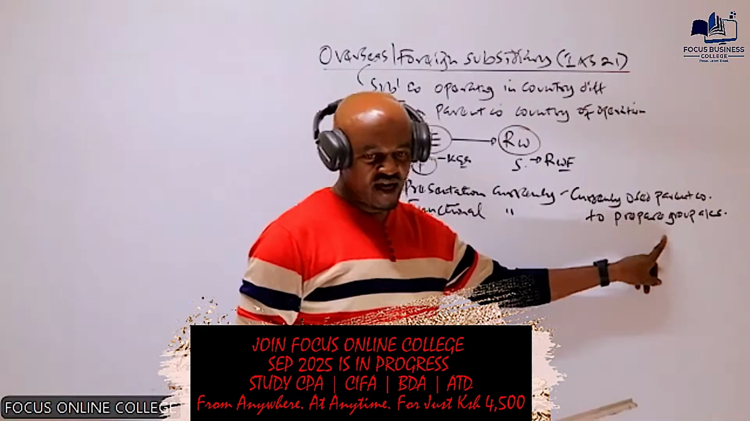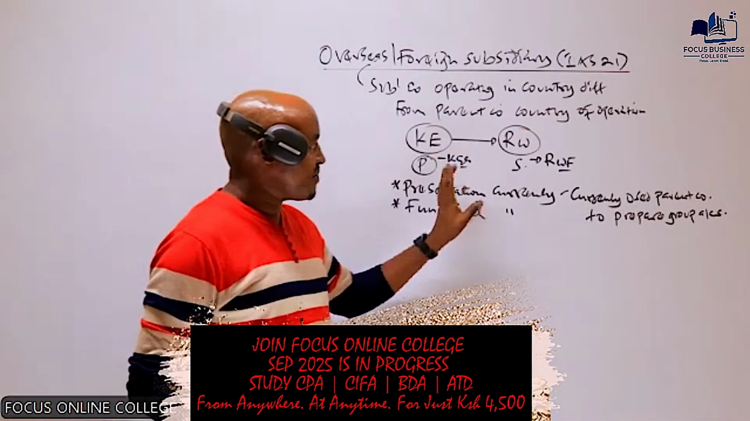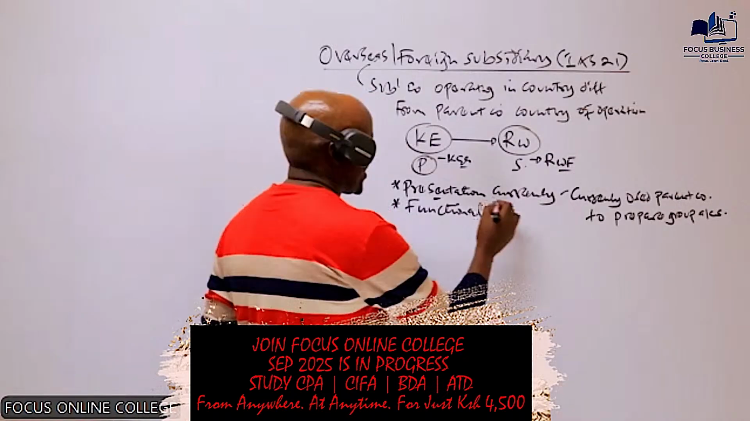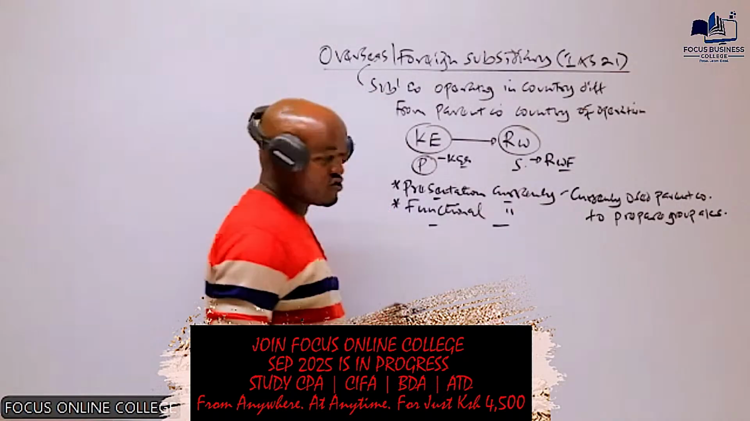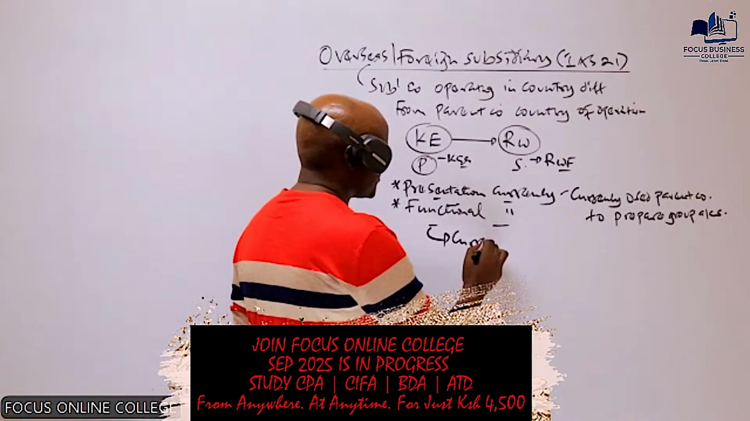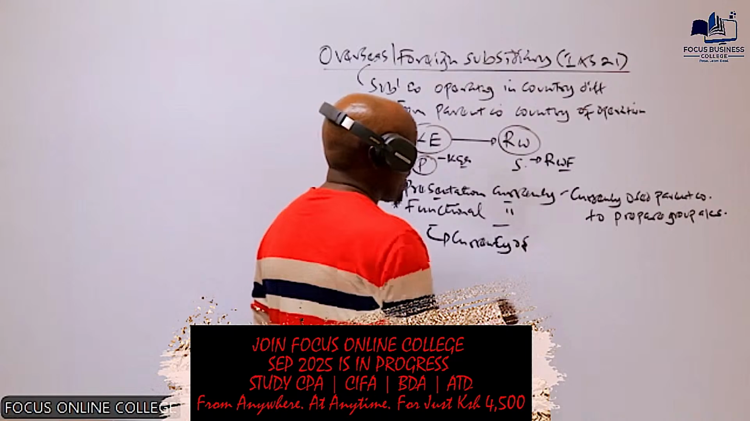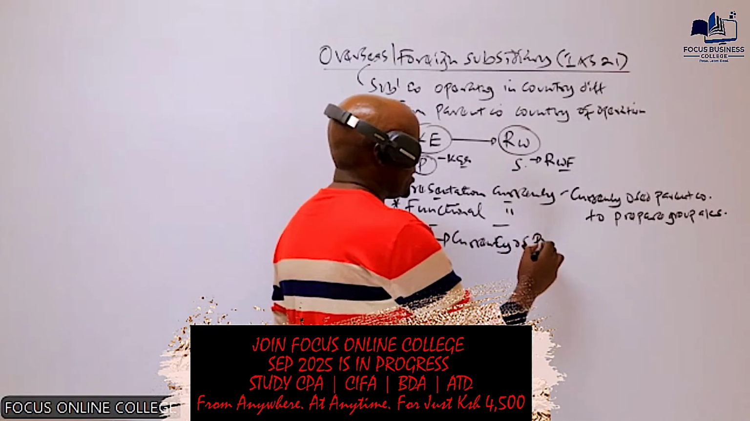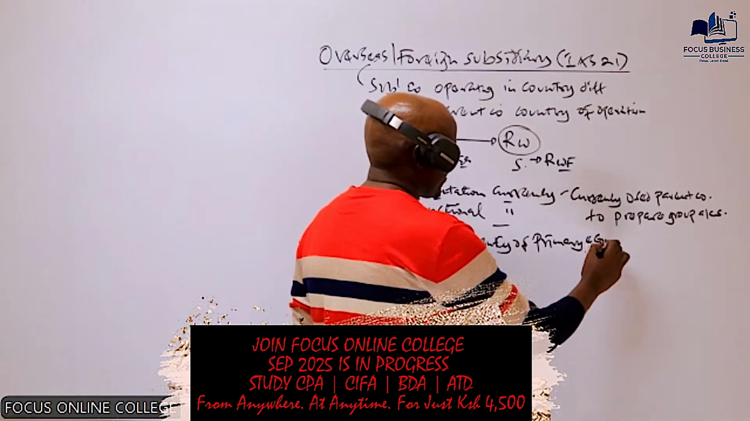But that currency used by the parent company to prepare the group accounts is called the presentation currency. On the other hand, we talk about the functional currency. The functional currency is basically the currency of the primary economic environment